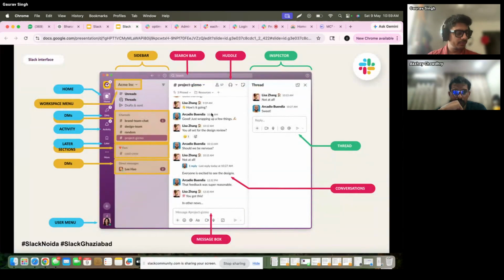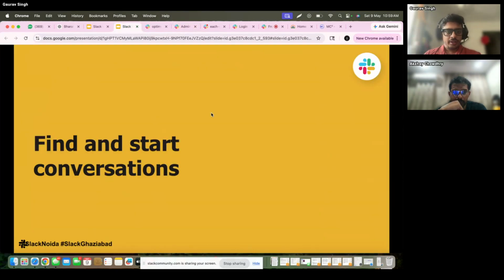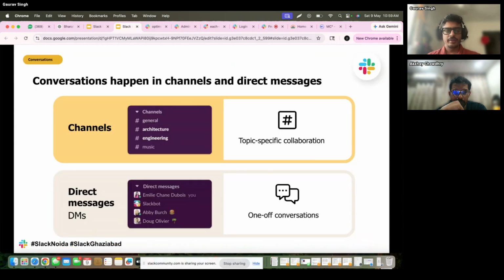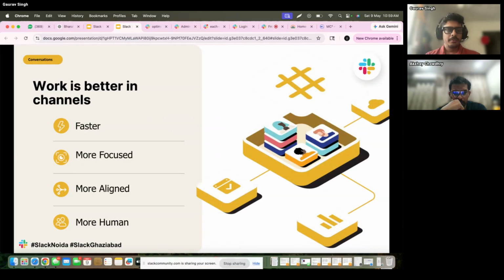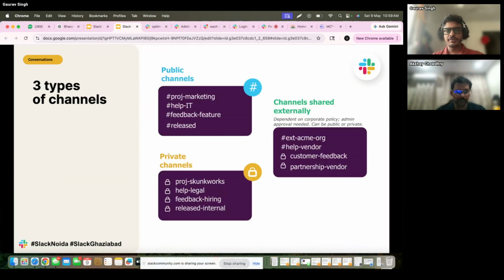Okay, so I'll move next to my slide. Okay, find and start conversations. So as I mentioned, you have channels, where your conversations happen. Then you have direct messages where you can interact one to one with people. So why channels? You have faster collaboration. Your team is more focused, more aligned, and more human. Okay. There are three types of channels. So we saw public, we saw private, but there is one